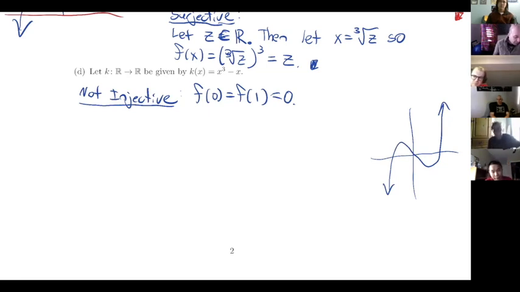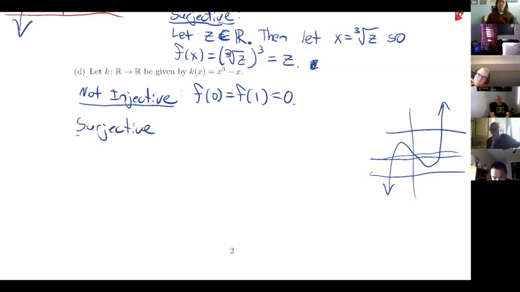For injectivity, we want to make sure we intersect the graph at most once. For surjectivity, we want to make sure each horizontal line intersects at least once. So this does satisfy the property that given any output, there is some input that maps to it. And so if you want to do a formal proof, you could draw a picture and point out these properties on the picture. If you want to be a little bit fancier in this case, we can comment on the fact that